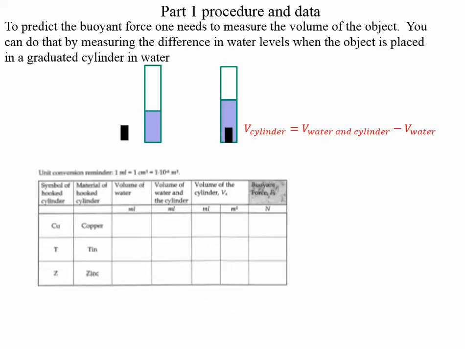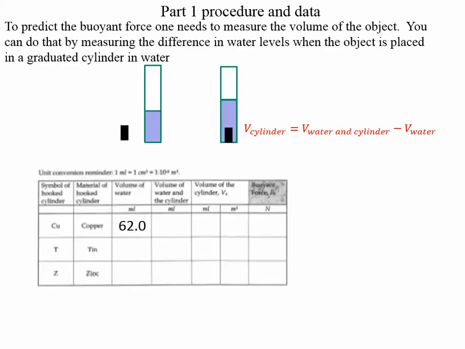The data table for that part of the lab involves measuring the water levels before and after the objects are submerged. Now, in the lab, there are three different metal cylinders that are used to test Archimedes' principle: a copper, a tin, and a zinc. We're just going to give you the values of the water levels, and you will complete the remainder of